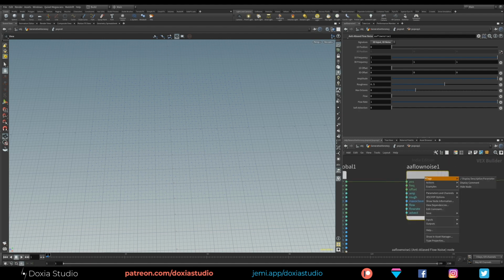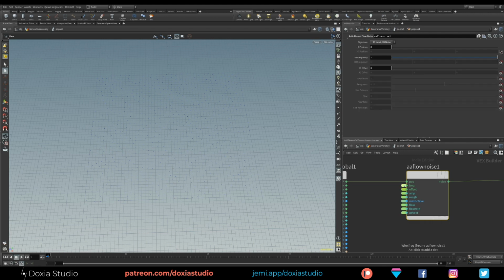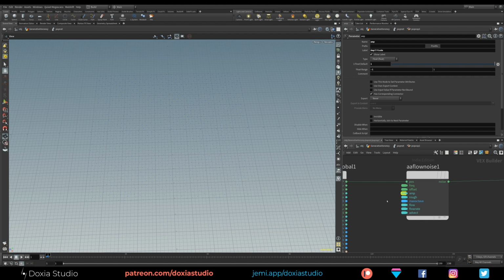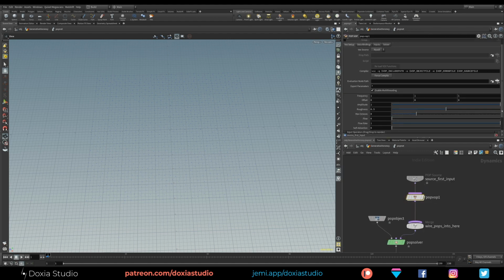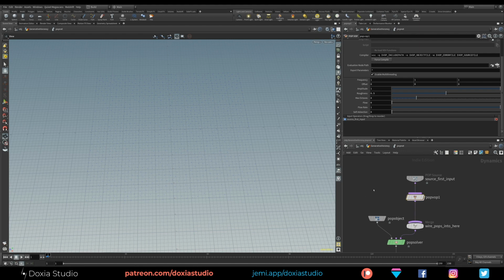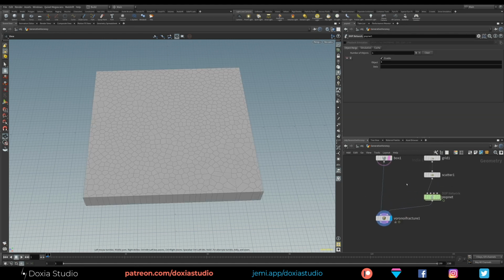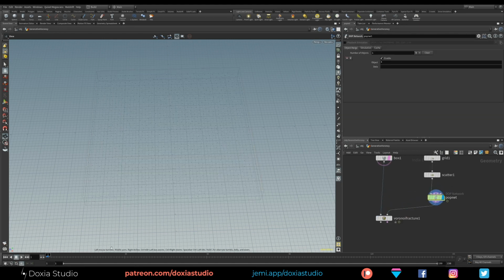Let's right click on our flow noise and do create input parameters. So we can control these parameters outside the VOP. So we have here our parameters. So if I go up and select our PopNet, we can see our particles moving. Pretty cool, right?